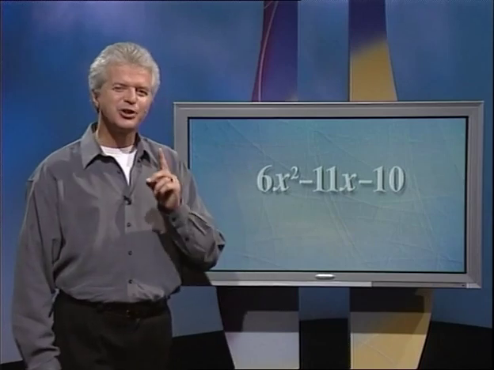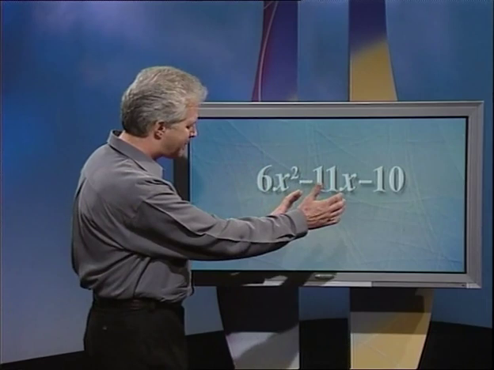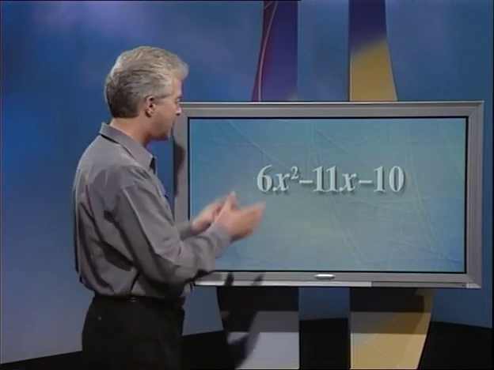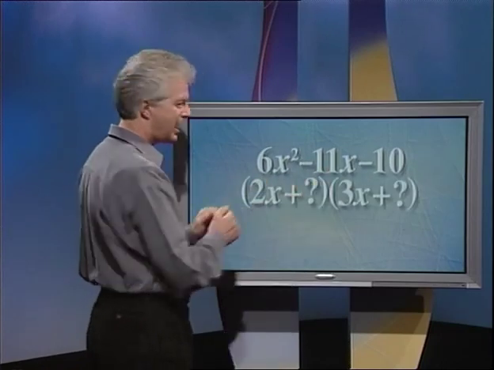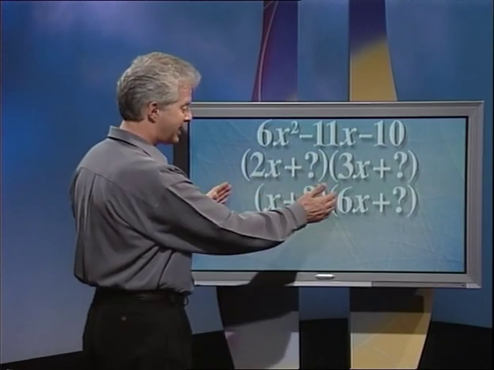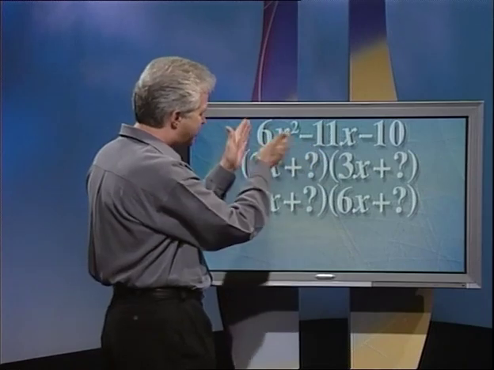Well, it's not actually much trickier. Let's just think about it a bit. We need two brackets, and the first term in each bracket must multiply to give the 6x squared. So we could have, in the two brackets, 2x and 3x. Or there again, we could have an x and a 6x. And it doesn't matter which way around the brackets are, as long as the two first terms multiply to give